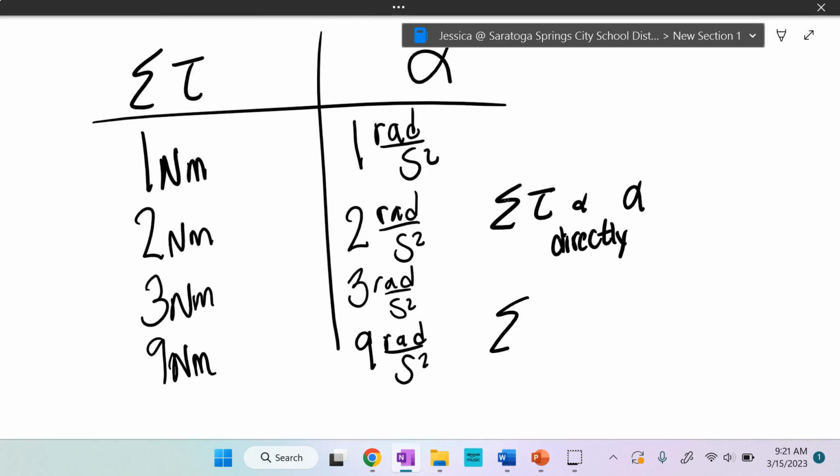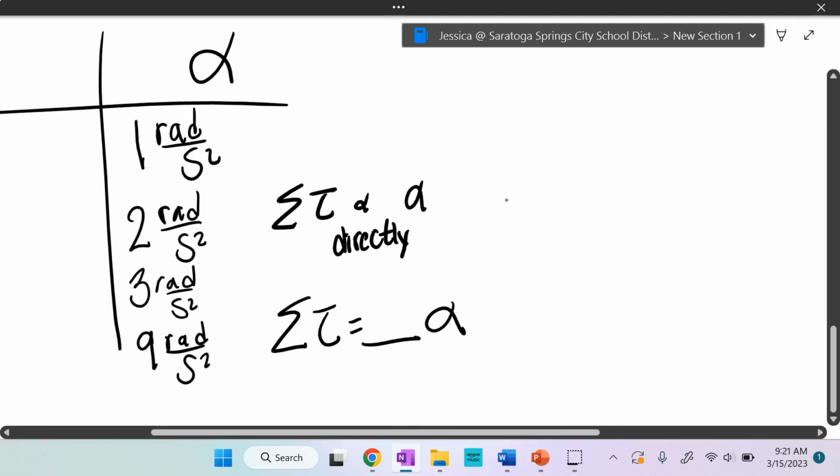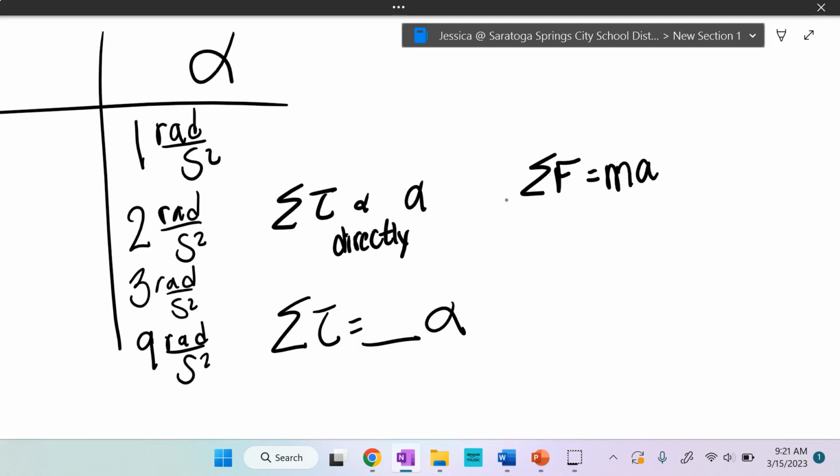So my equation probably looks like net torque equals something times alpha, kind of like net force is based off of m times a. The m is the constant: if I increase the mass and have the same net force, then acceleration decreases. So there's going to be something very similar with net torque, and that thing is going to be called